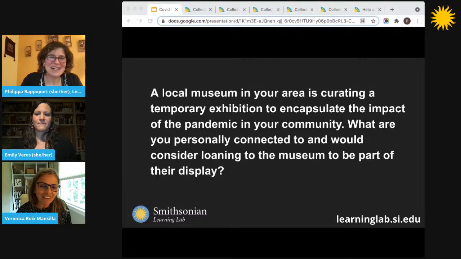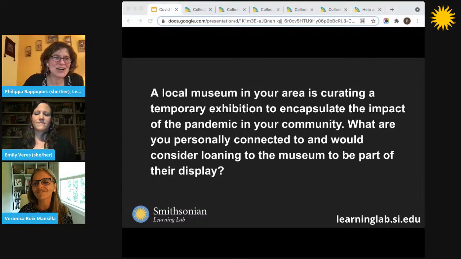Philippa, what would you bring to the museum? Well, one thing the pandemic has not cured me of is my indecisiveness. So first I thought of all kinds of cooking implements, like this pretty basket that we've been rising dough in that leaves this imprint on the dough. But I also kind of want to make a chart of the air quality in DC because it has been so clean and we've all been walking so much. So those are mine.